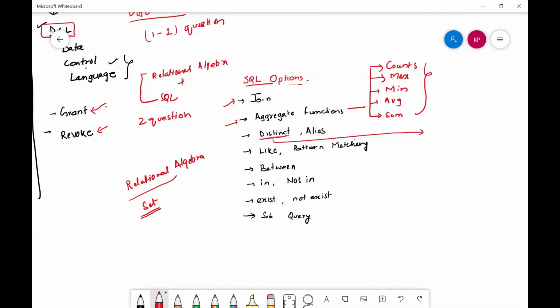But in SQL, by default, it gives duplicate values. In order to eliminate these duplicate values, we have the distinct option. When we use distinct, it will eliminate all the duplicate values.